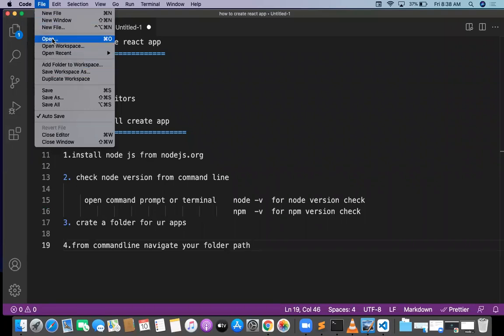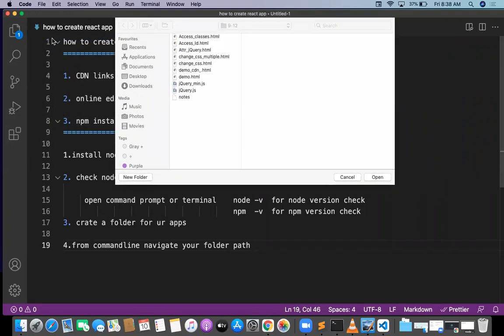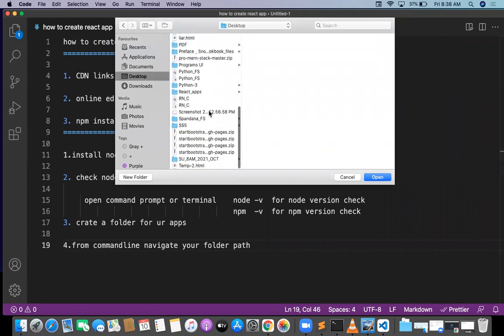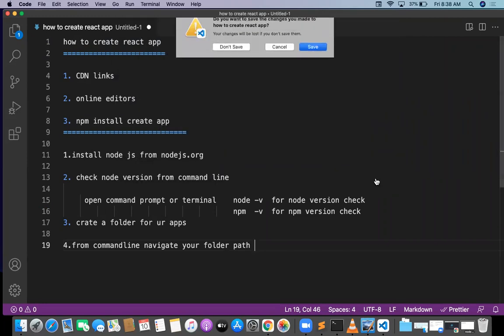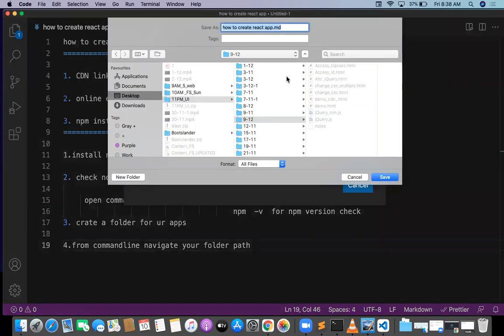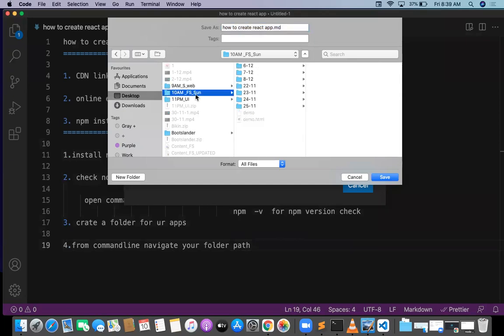Open folder. So I'm trying to open my folder. What is the folder I created? Desktop, React apps, and demo project. I created a demo project. Try to open the demo project. This needs to be saved first.